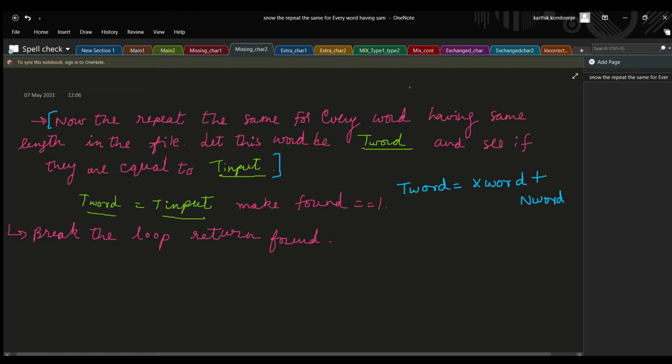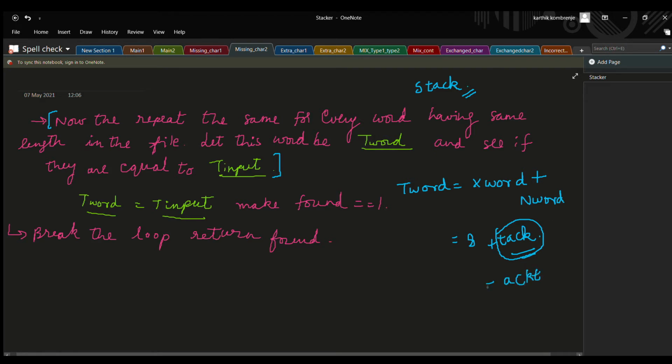So since the word is STACK, let's assume that we have found STACK in the file. Okay, so then what do we do? We will separate the S word and the N word, TACK. Okay, and then I will arrange this in ascending order. Then what do I get?